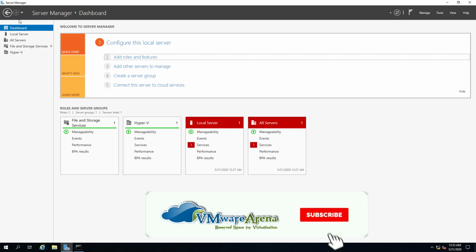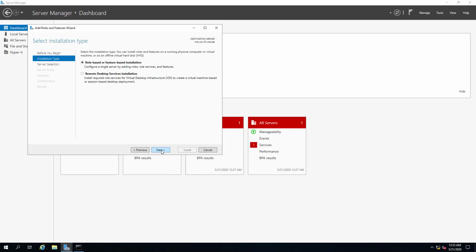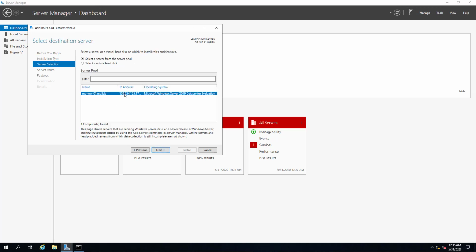So to install the iSCSI service on the Windows Server, open up your server manager, click on add roles, click next. So select role based and feature based installation, select the local server, click next.